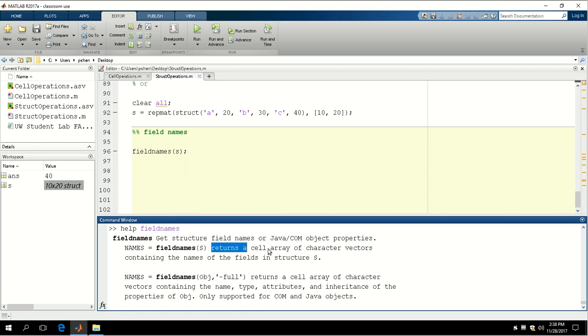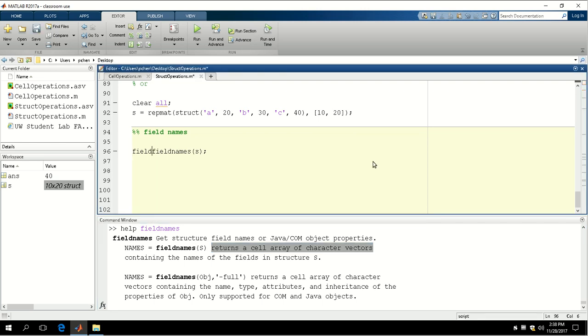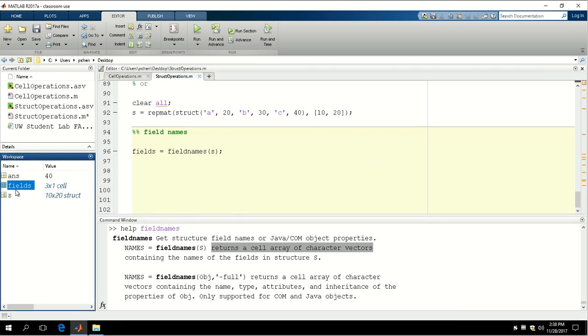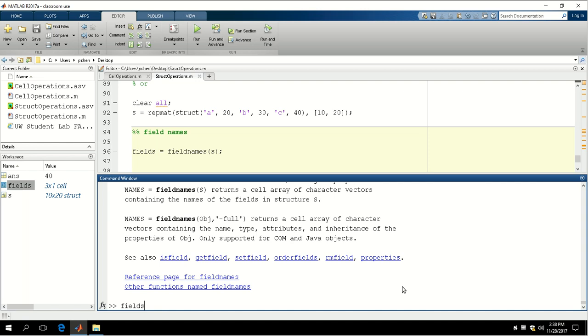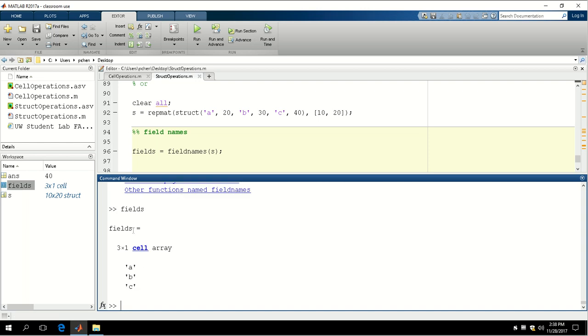So it's going to return a cell array of character vectors containing the names of the fields. So basically it's going to return a cell array, right? Let's call it fields, which equals fieldnames. If we execute this piece of code, fields is going to be a 3x1 cell array. Each element inside of this cell array is going to be the name of that particular field as a string, right? So fields,